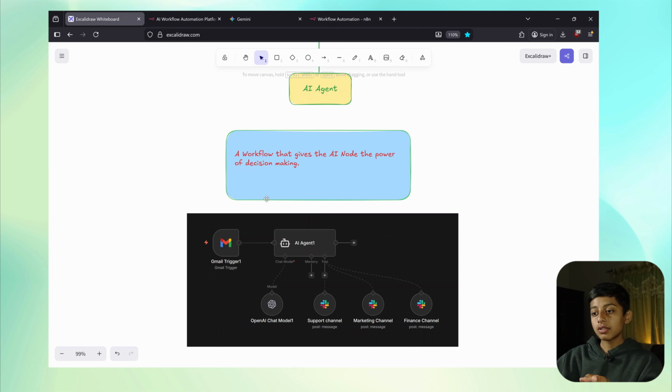Using the same gym analogy, it's like our company now has multiple different products and multiple different pricing plans. Now Jim has to decide which product to go with, and from that product, which pricing plan to select to do the packaging. An example of this workflow would be that you receive a new email and the AI agent decides on which channel we have to send it. Is it the support email? If it's a support email, the email will go into the support channel, and if it's a marketing email, it will go into the marketing channel, and if it is a finance email related to our company's finance, it will go into the finance channel.